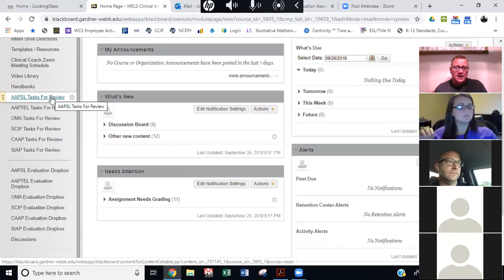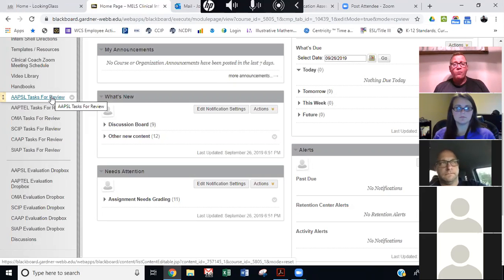And then when it is ready to go, and by ready to go, that means that I felt like I have given you all the feedback that I can give. I've made every suggestion for improvement that I can see. At that point in time, I feel like it's good to be graded. So when it's good to be graded, I will tell you ready for the evaluation Dropbox, or ready for Dropbox. And when I reply within the comment section on that particular task, that's the cue for you to take that task, that final version.